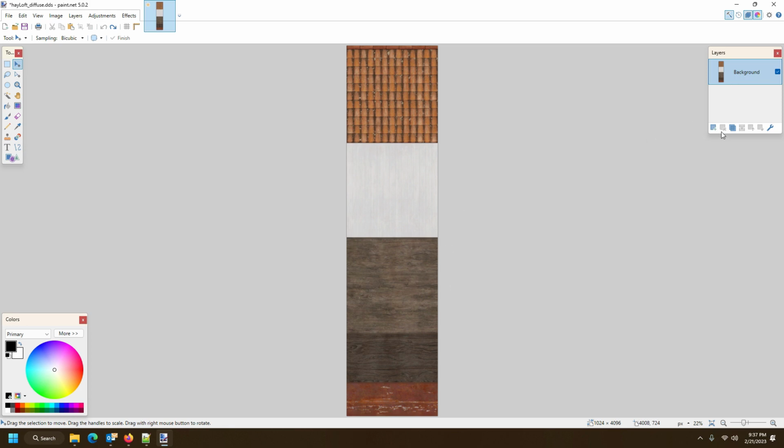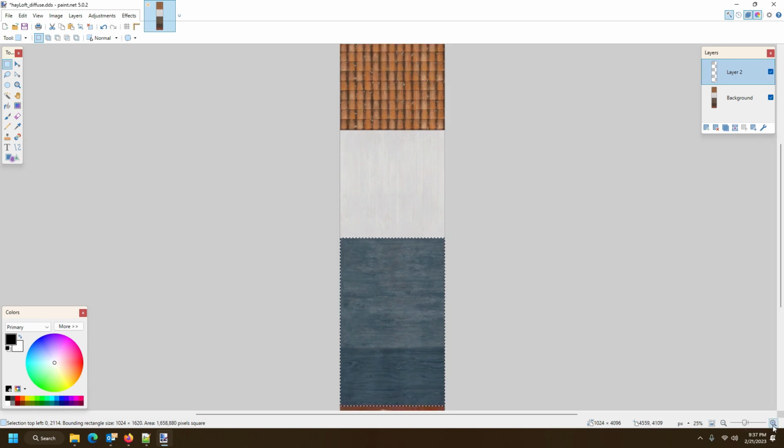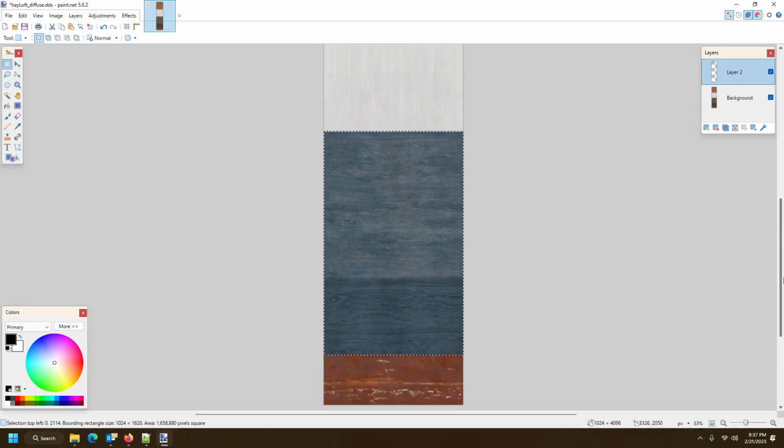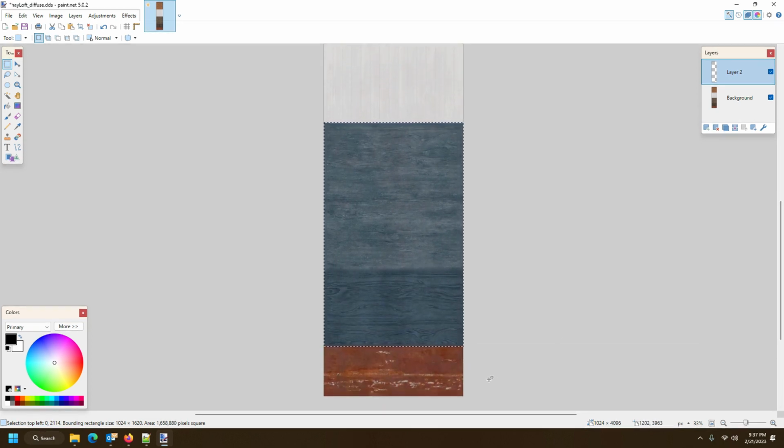So what we want to do, once again, same drill, add another layer, create a selection box here, and I'm going to do both of them together, just to have the same color. I should have actually just done all three together here with the same white transparent thingamabobby. I can actually zoom in a little bit just to make this selection easier to see. You see now I'm already in the wrong spot,